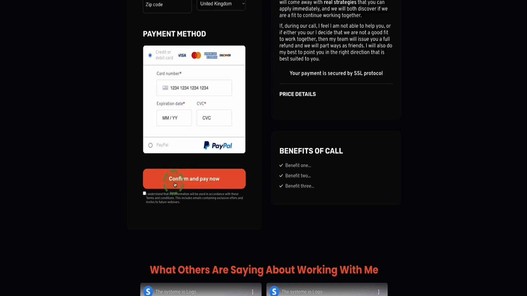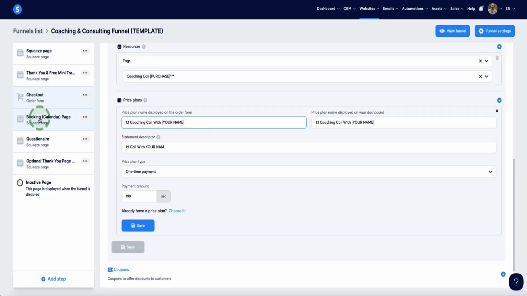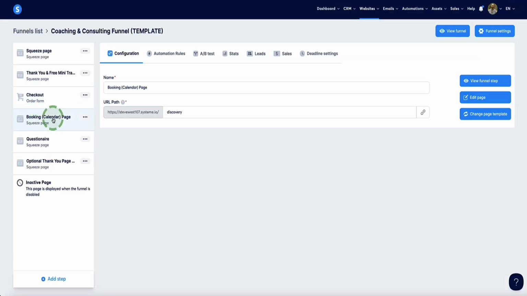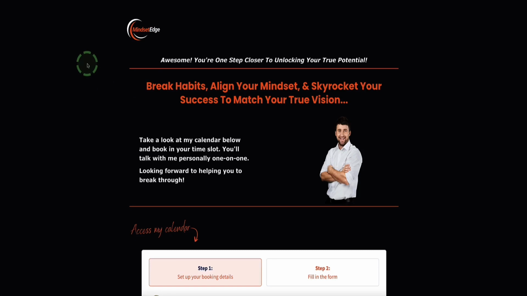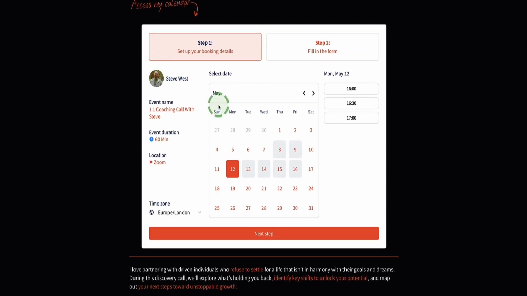So once your client clicks this button, the payment will be submitted and they'll automatically be sent to the next page in your funnel. So in our case, the next page is this booking page right here, which currently looks like this for this particular funnel. And as you can see, I'm using the System.io calendar. So let me show you quickly how to set this up and get it live so it can actually book